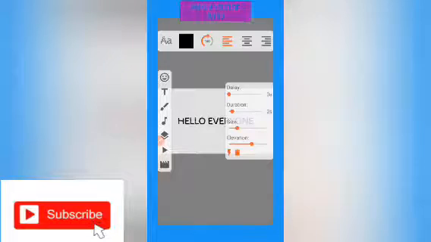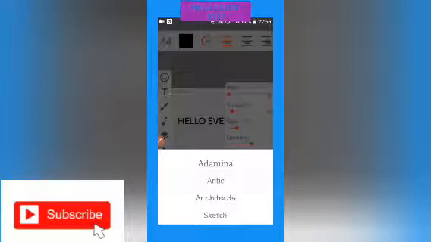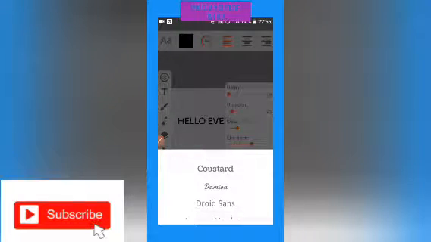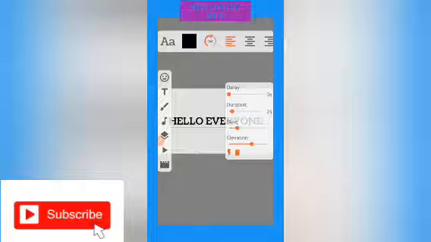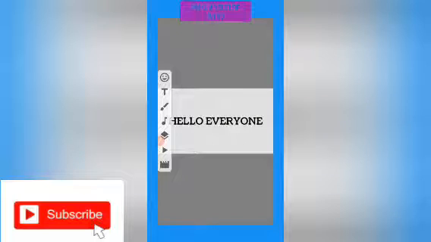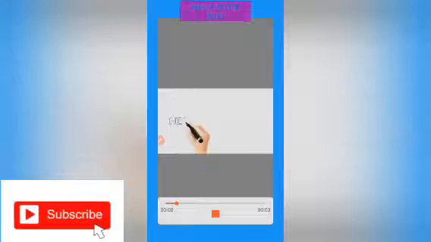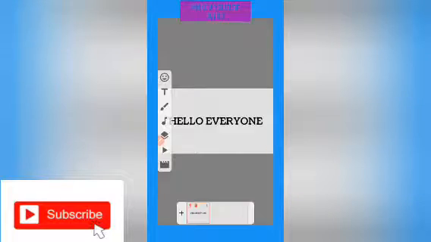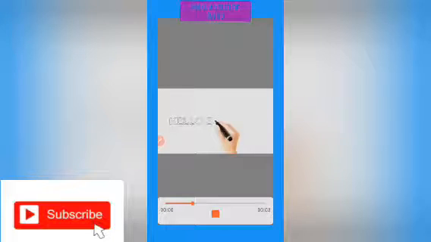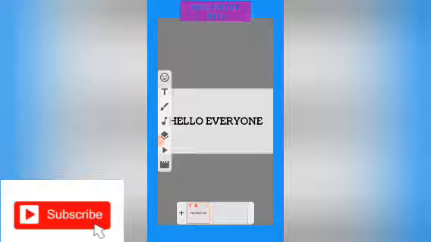So we can add, and you can choose a different font, yeah, so that's okay, and you can choose a different color, then that's how it looks, yeah, you can add,